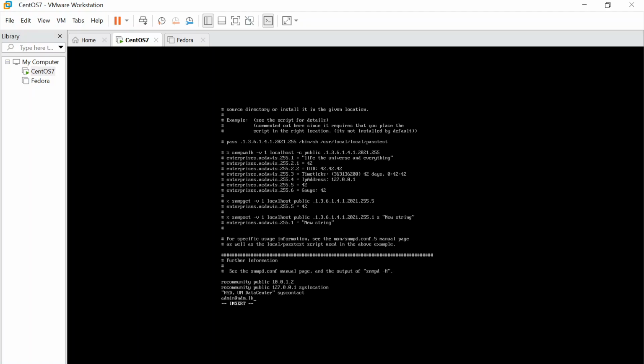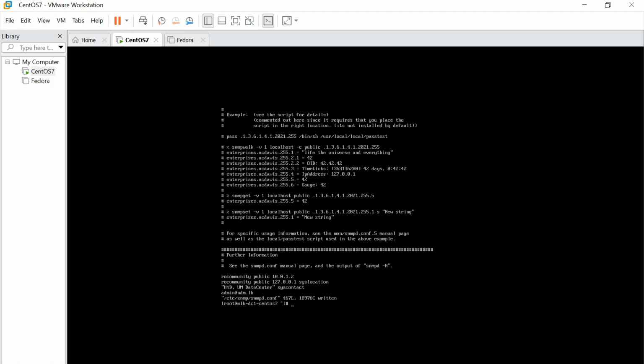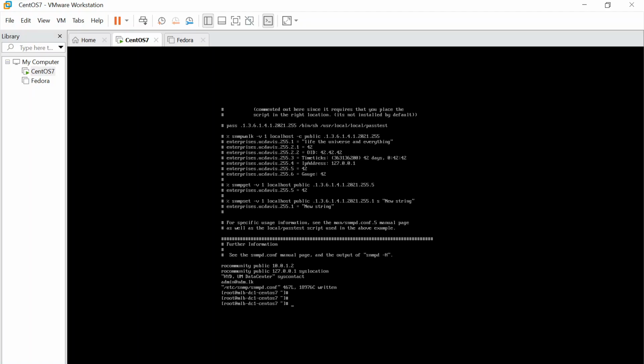So you have to check with your lab sheet. Okay. Right. Then I'm going to save and exit from the file. Escape, :wq! Then